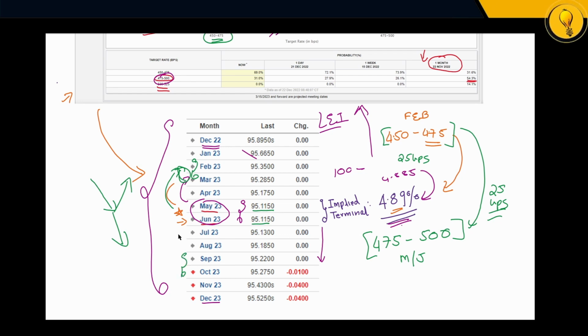So what's really important is that at the moment, the market thinks that we're going to be topping out May, June, and that we are slowing down, okay? Slowing down to around 25 to 25, and we're topping out May, June. What if the opposite happens? What if we top out early, or what if we top out later? Well, if we top out earlier, well, that's going to be relatively bullish.